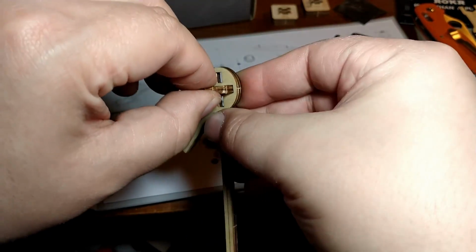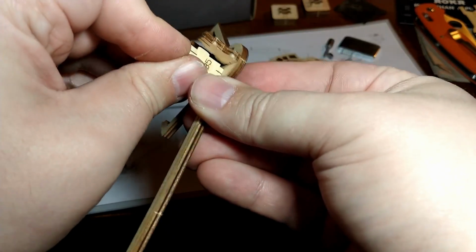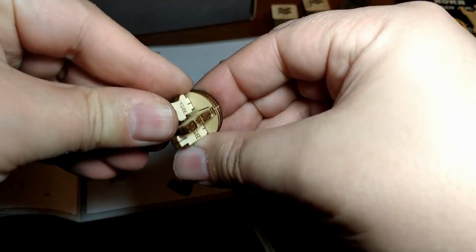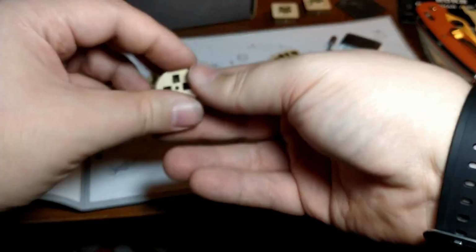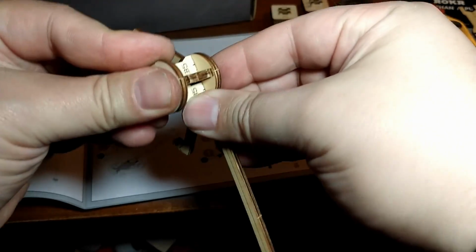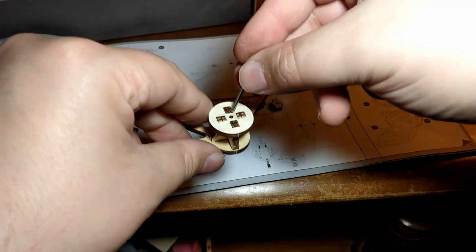And so again, these two have a little gap at the bottom, and these ones have it at the top. So they go on opposite ends of each other. Okay, click those in. And then this little decorative piece, our end cap piece, is going on there. All right. Just like that. Then this is going through,